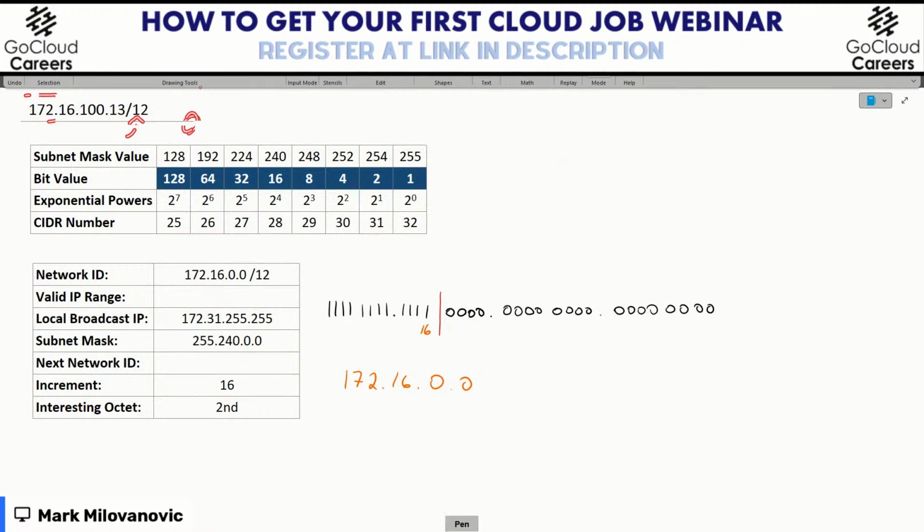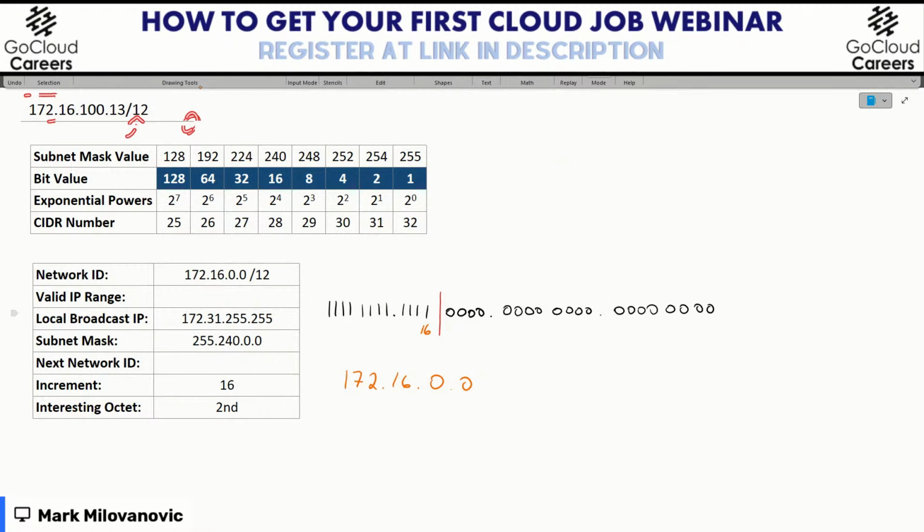All right, fantastic. Okay, so now we're going to move on to this piece here, my valid IP range. No problem, sir, and you'll get it. You may have to watch your recording again, and you'll have to practice a little bit, but you will get this. I'm showing you the ins and outs of how to do the calculations. Next example, you're going to be shocked at how quickly this is going to go.